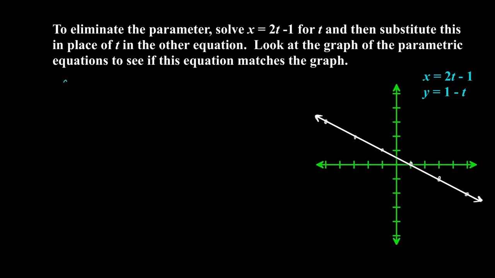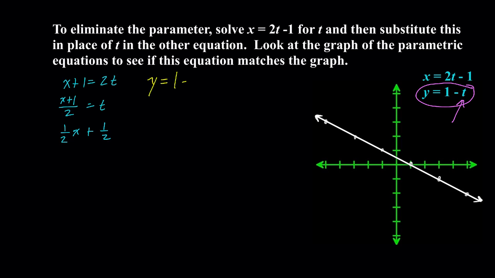So that's going to give you x plus 1 is equal to 2t, or t is equal to (x plus 1) over 2, which is the same thing as 1/2 x plus 1/2. Now we're going to substitute this into the other equation in place of t. All right, so that's going to give us